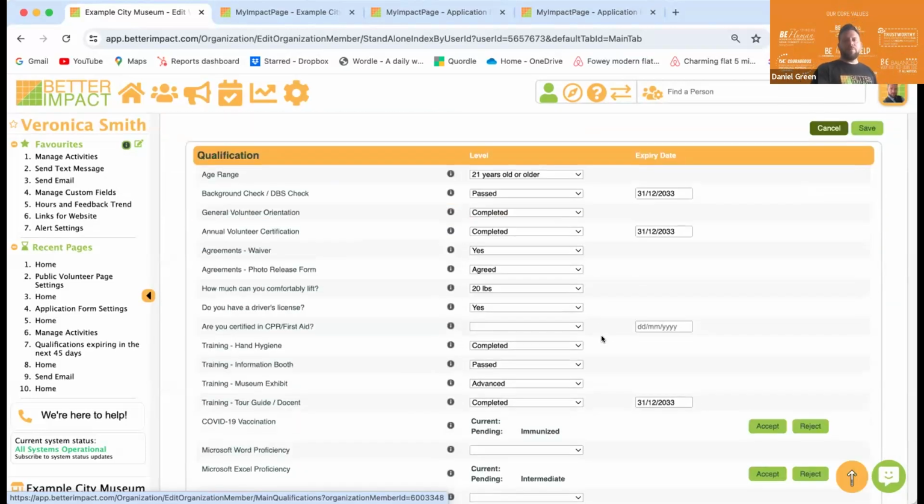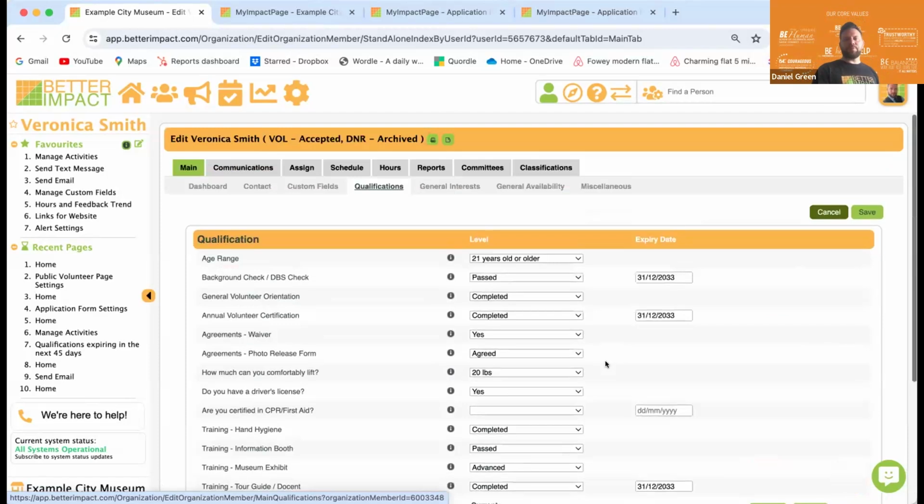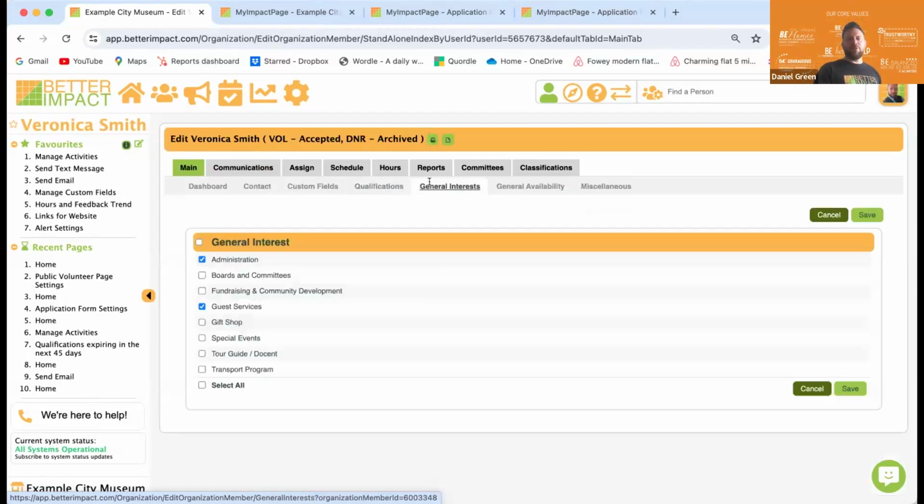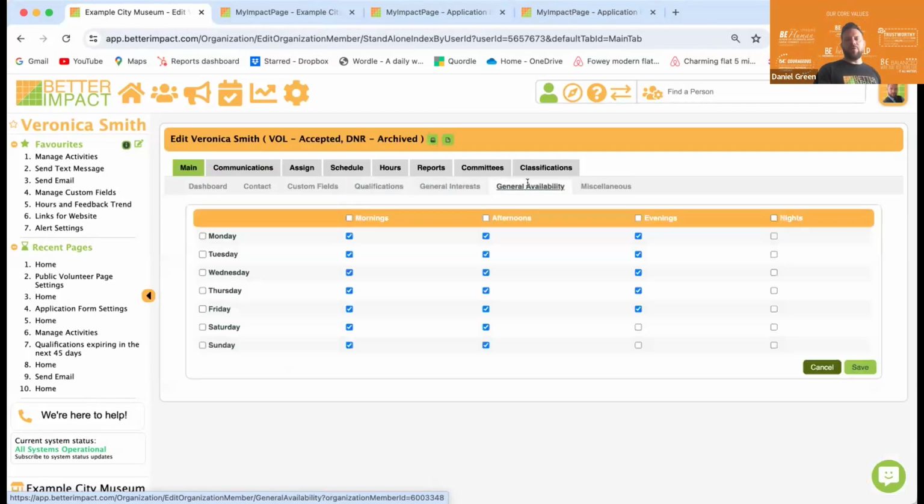So you can see here, her age range is 21 years or older. She's passed her DBS background check. She's completed her general volunteer orientation and her annual volunteer certification. And again, as you can see, some of them have expiry dates as well. You can see her general interests, so what she's ticked as her interests, her general availability,